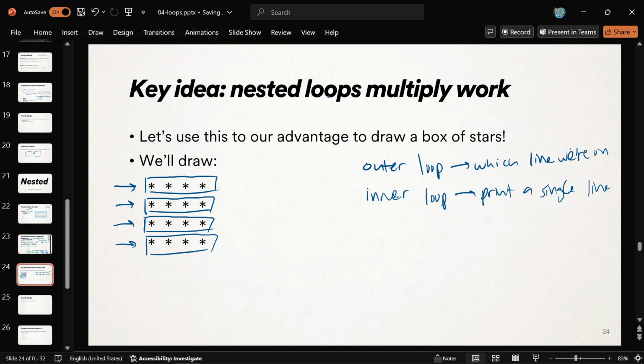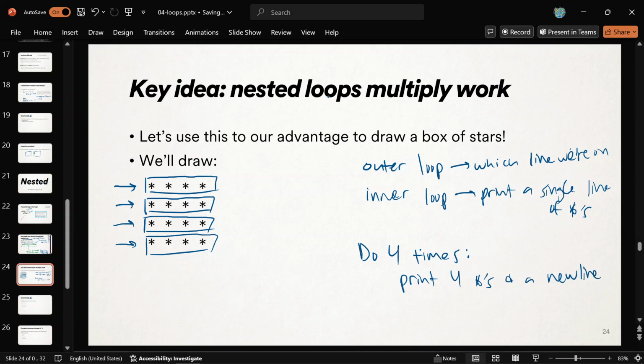So even if you didn't know this was going to be a nested loop, you can break it down this way. Like, all right, what do I need to do? Because this is a repetitive problem, right? So this is not C++ I'm about to write. I'm about to write English that kind of looks like code. It's called pseudocode. So do you see how, like, if we could just repeat 4 times the following, we would have our box of 4x4 stars. Do 4 times. If I could just print 4 stars and a new line.